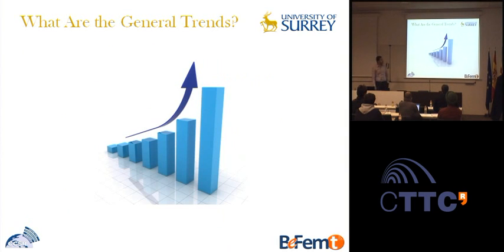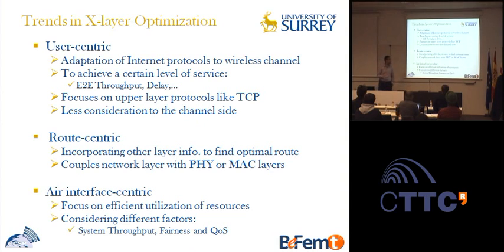So what are the general trends in this cross-layer operation? In general, three major areas can be identified in this aspect that we have categorized based on user-centric, route-centric, and air interface-centric. In the user-centric case, the most important factor is adaptation of important internet protocols to the wireless channel